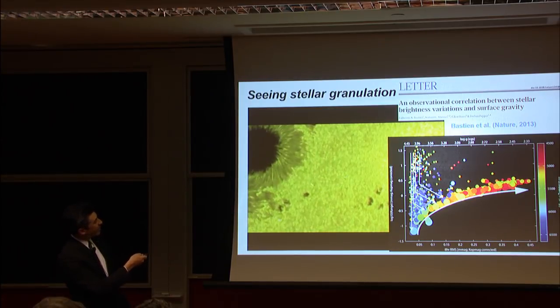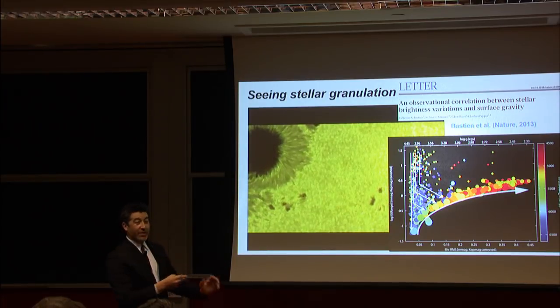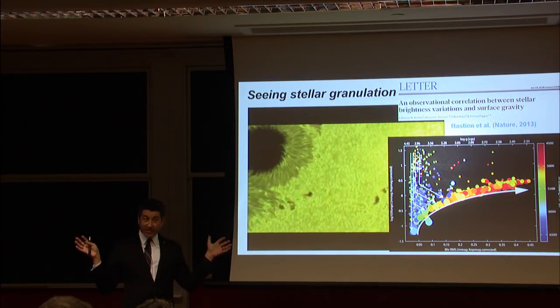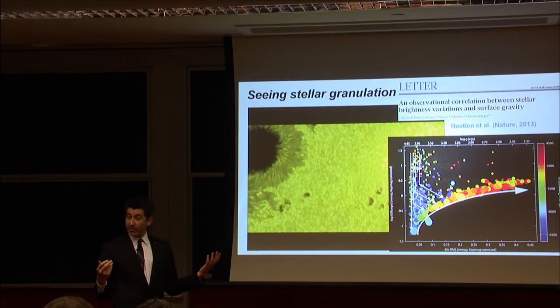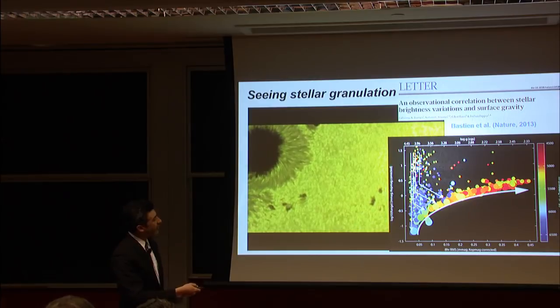So this is what granulation looks like on a particularly nearby star. When you don't have the benefit of resolving the surface, and you just have a light curve, some number of parts per million,